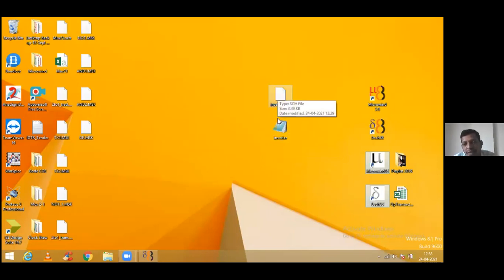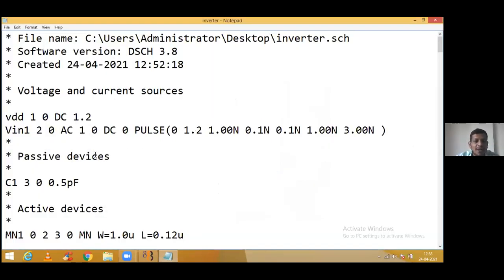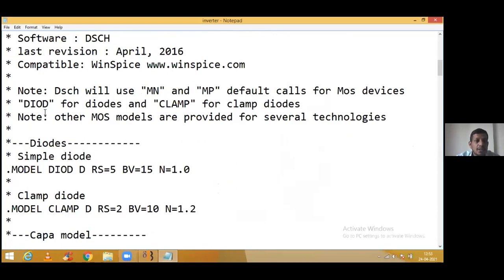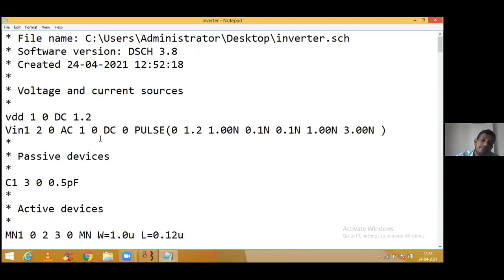This is a schematic file, and one more extension we are coming across, that is a circuit file, CIR. And you can simply open that CIR file, guys. Just try to understand the magic over here. By using Notepad, you can open this, you can modify the values. Likewise, for example, if you want to work on 0.1 picofarad, you can simply modify any values over here, and that can be simulated again. Isn't it good?